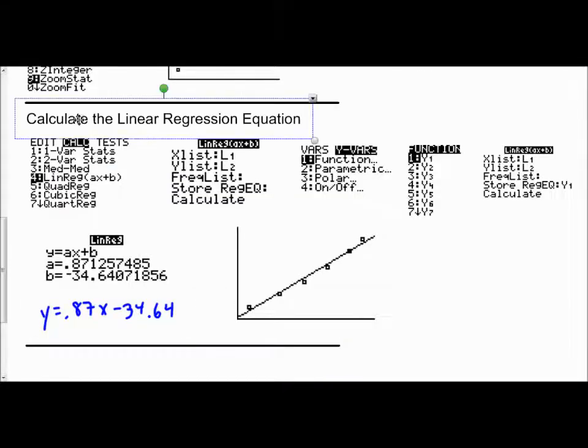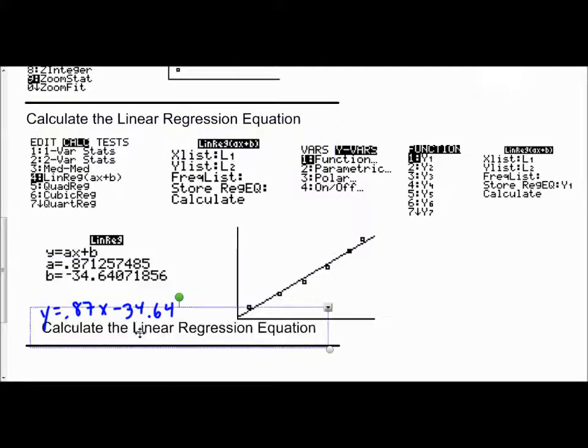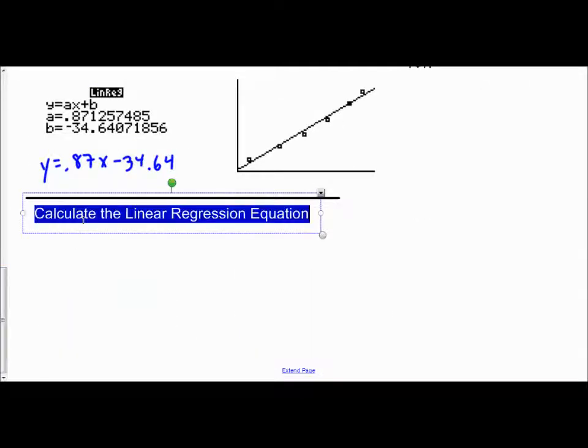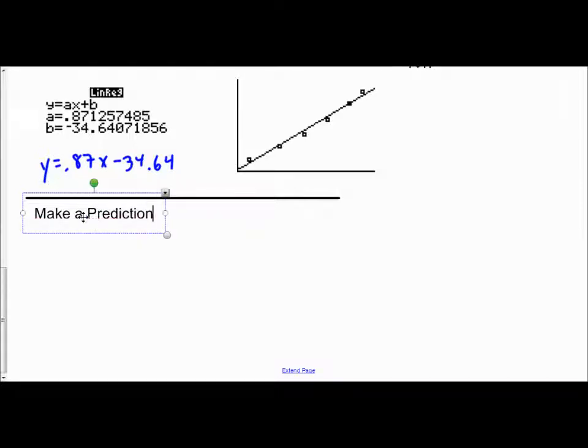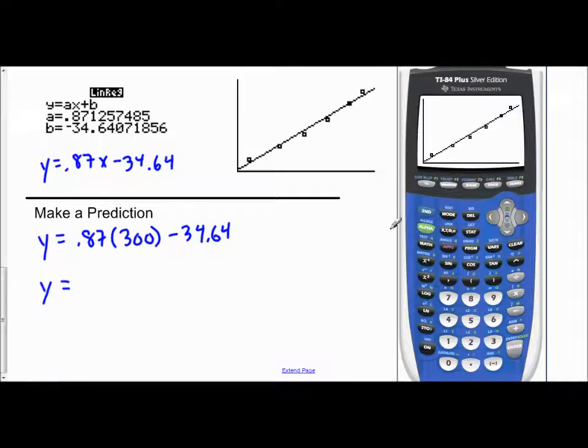Now, the next thing we're going to do is make a prediction with the equation. We are told here we want to find the time needed to travel 300 kilometers. If I remember, my x values represent distance, my y values represent time. So what I'm going to do is plug in my distance: 0.87, x is 300, and then minus 34.64. And so y equals,